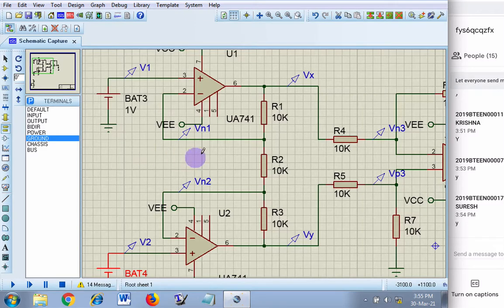Now tell me what will be the value of Vn1. Vn1 कितना होगा? V1 is 1 volt, so what will be Vn1?